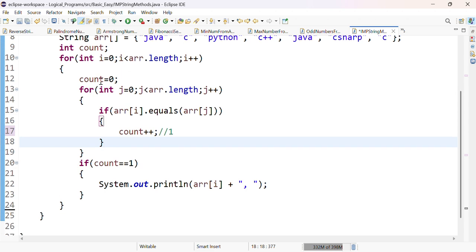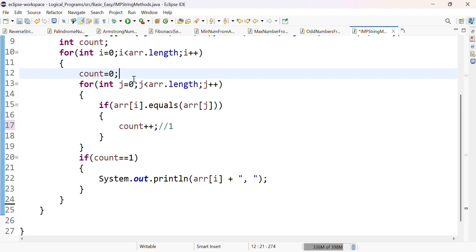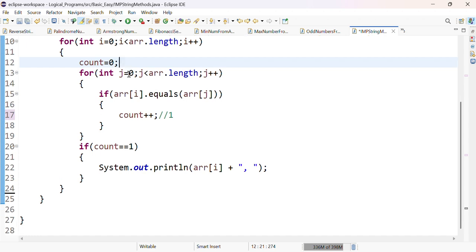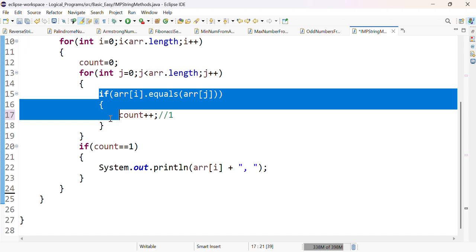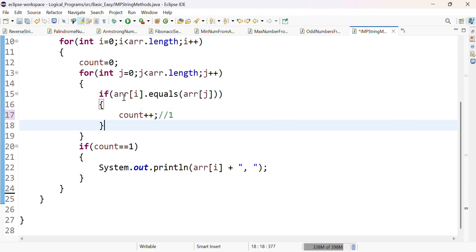Okay, so in the first for loop we have initialized count is equal to 0. Why we have initialized count equal to 0, I will explain that later. So let's first understand what this for loop does. In this inner for loop, I have taken this condition, if array of i dot equals array